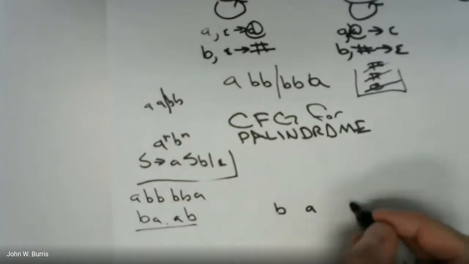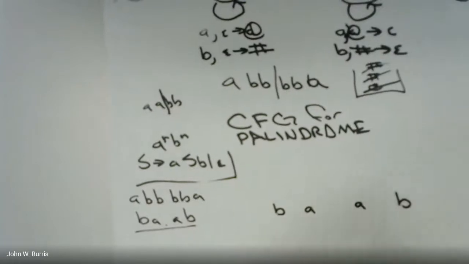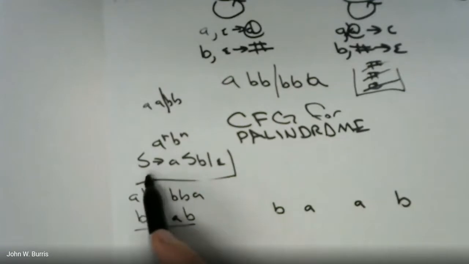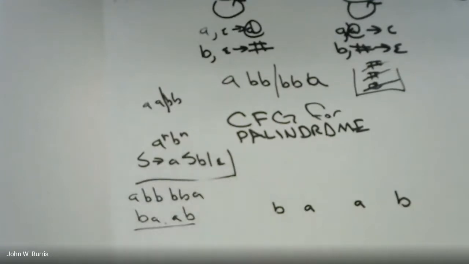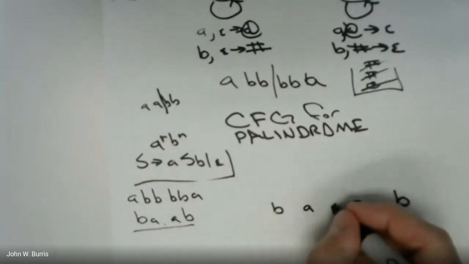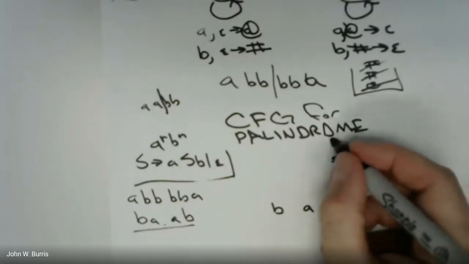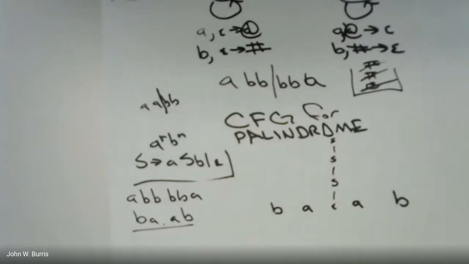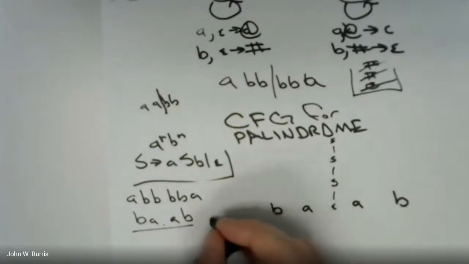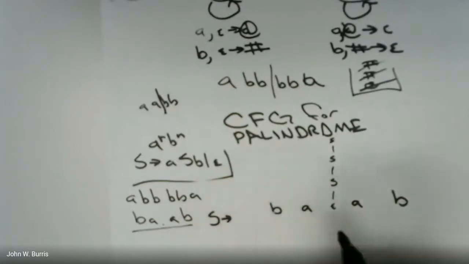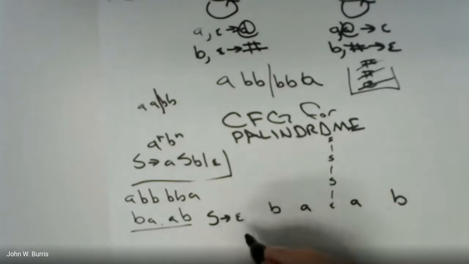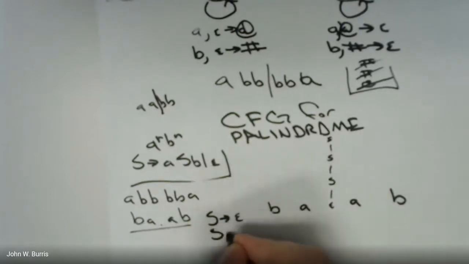I'm going to use this example, B, A, B, to think about how I can use the same thing as A to the N, B to the N to match things up. Since it's in the middle, let's put an empty string right here and say that's going to be S. And we want to keep going up until we have a single non-terminal. So when I look at it this way, I can go S goes to, well, I know it can go to empty string, but S can also go to